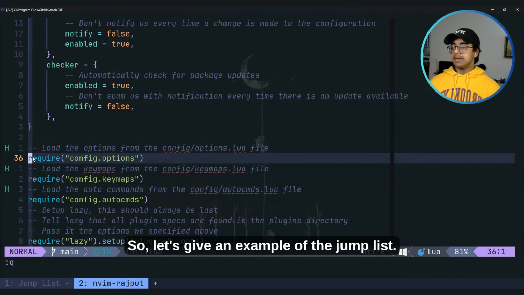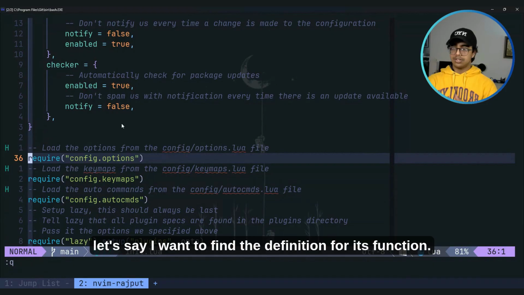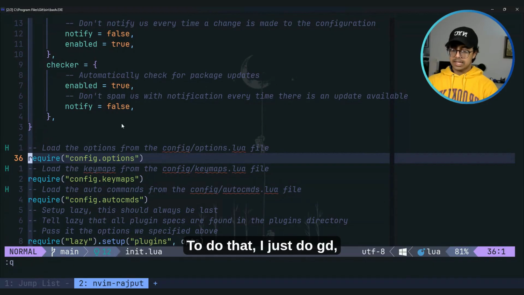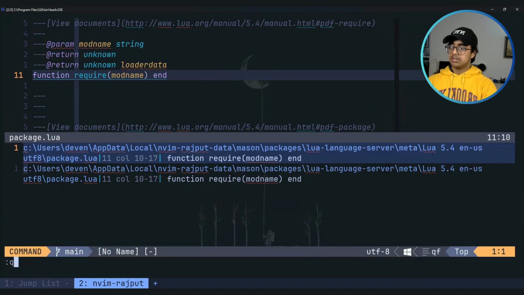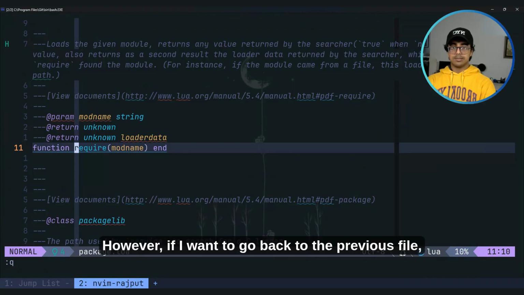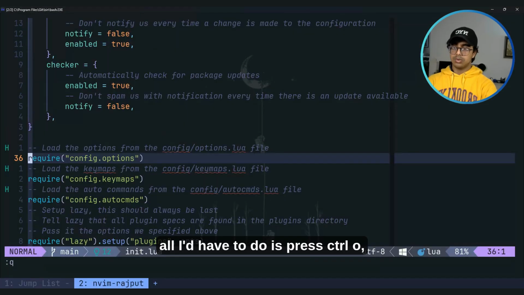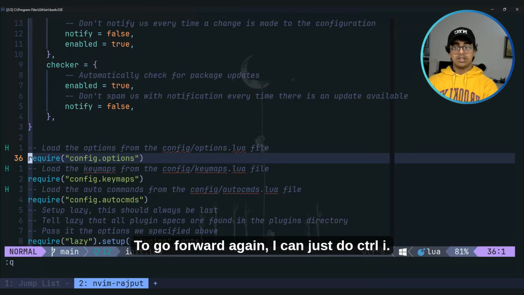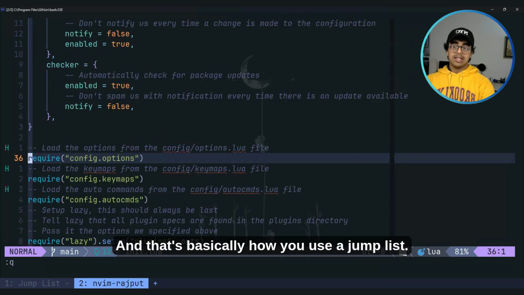So let's give an example of the jump list. Let's say I want to find the definition for this function. To do that, I just do gd and enter, and now I'm at the function. However, if I want to go back to the previous file, all I'd have to do is press Ctrl O, and now I'm back. To go forward again, I can just do Ctrl I, and that's basically how you use